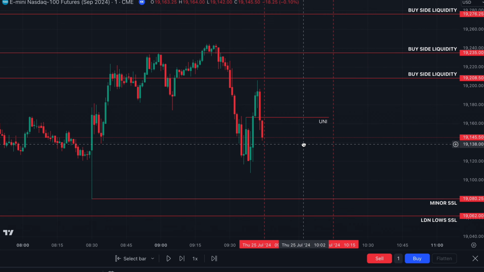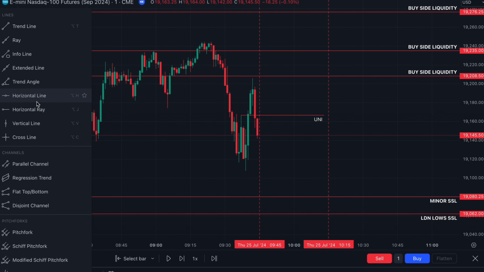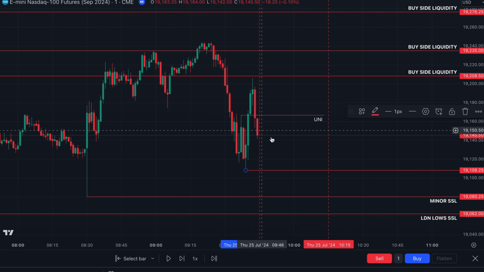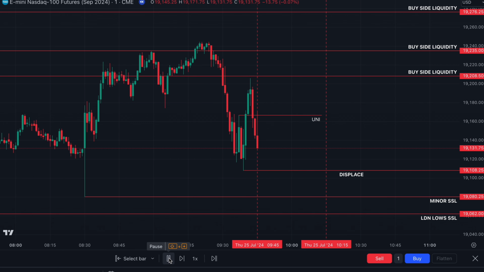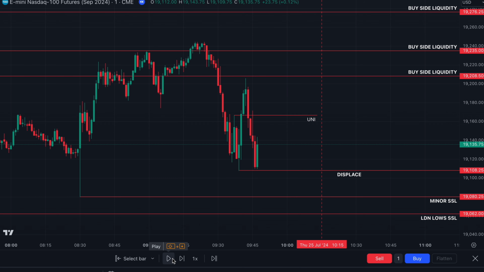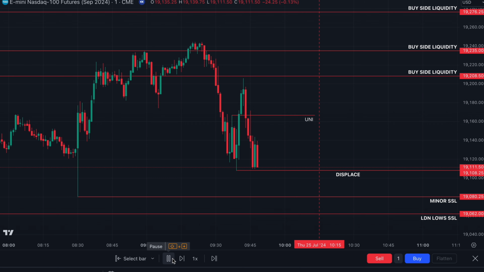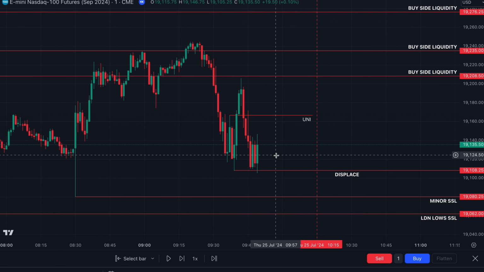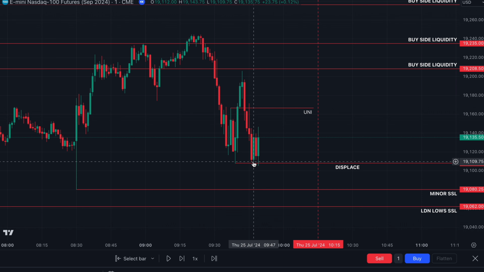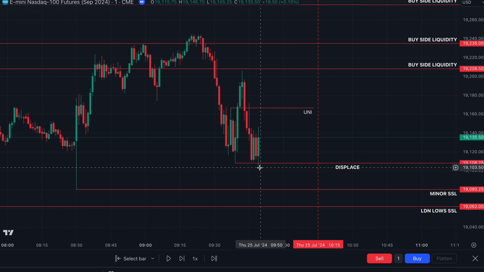So now I was waiting to see if we got a displacement lower of this previous swing low which it created. So I was waiting for a displacement. And now we're also inside of the macros, so let's bear that in mind as well. There you go. So it's very, very small displacement, but you can see this previous swing low and this previous swing low had then been broken. So that's a shift in market structure.